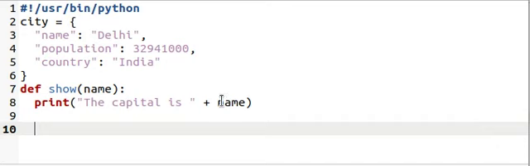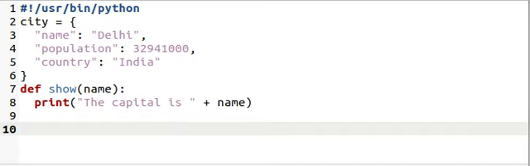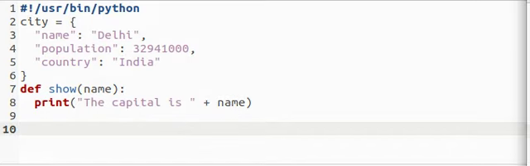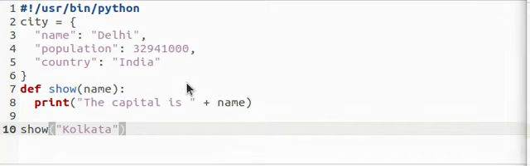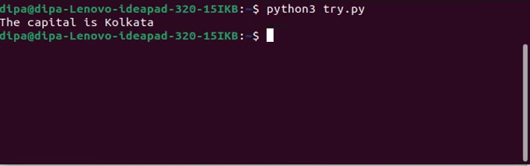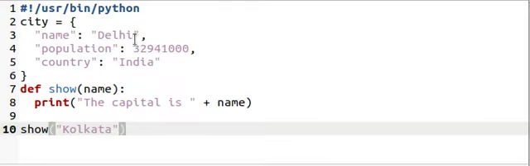If we try to print in this section, so this is our program. We can print here. If we save this as try.py and then try to run, this will print the capital is Kolkata. Now we want to make it a module. So here we save it as